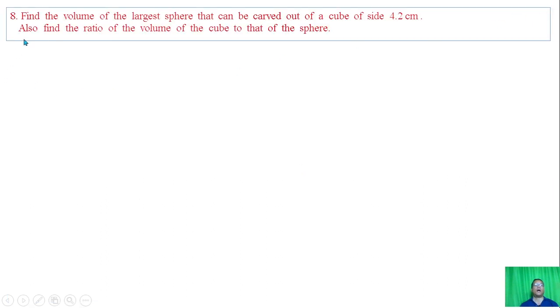Question number 8. Find the volume of the largest sphere that can be carved out of a cube of side